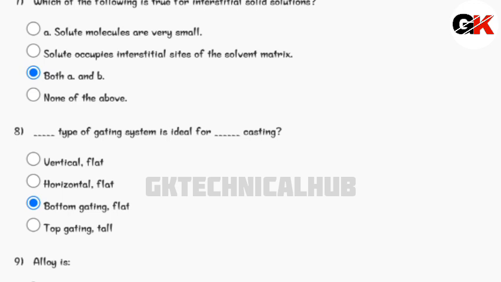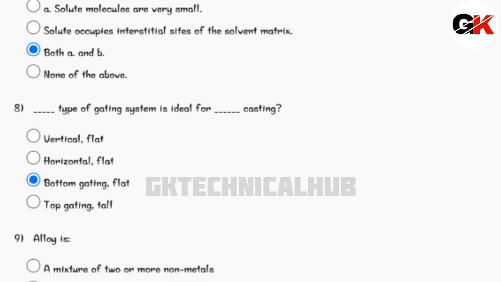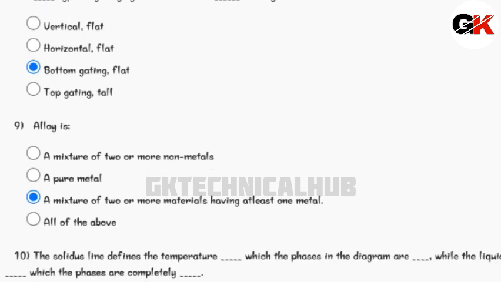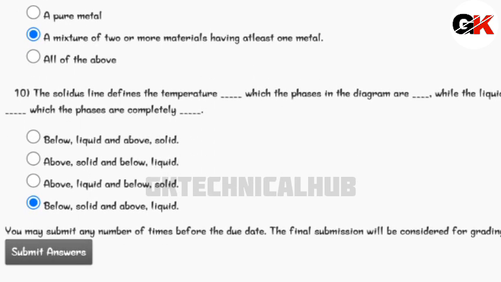Dash type of gating system is ideal for dash casting. Bottom gating, flat. Alloy is a mixture of two or more materials having at least one metal. You can see the options for this question number 10 and mark the